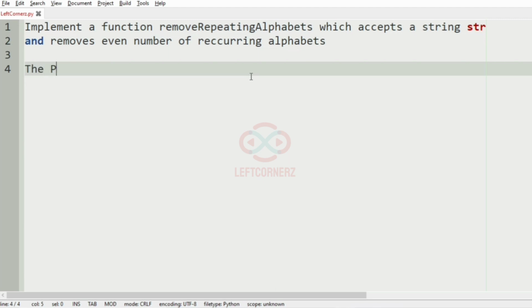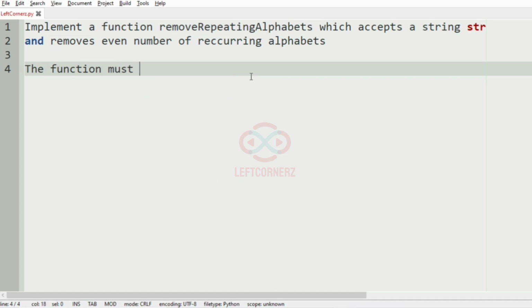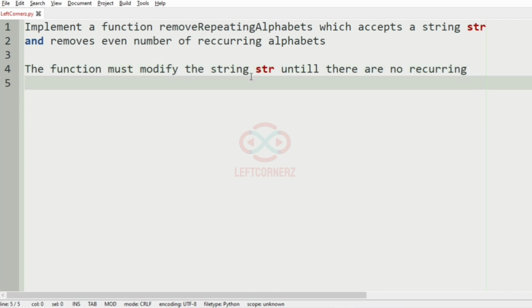The function must modify the string str until there are no recurring alphabets in it.